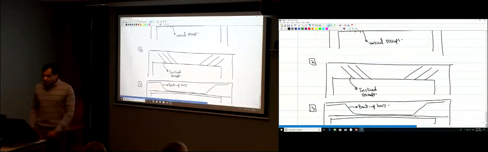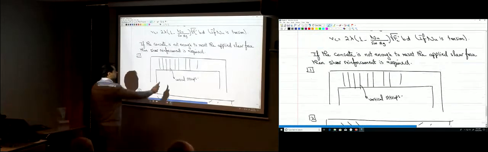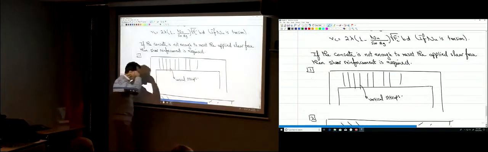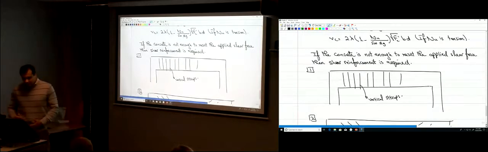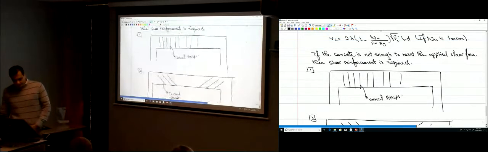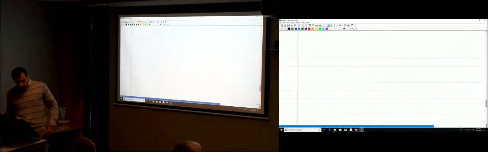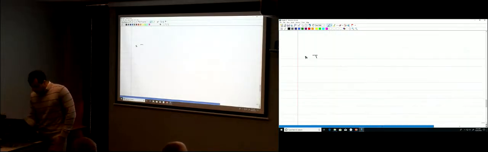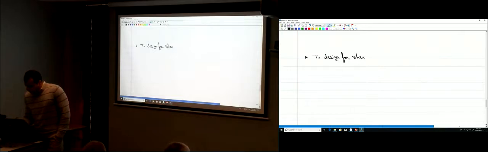Okay? So now, let's look at this example. How much stirrups do you need? You need to provide some shear strength, right? So actually here, to design for the shear reinforcement,